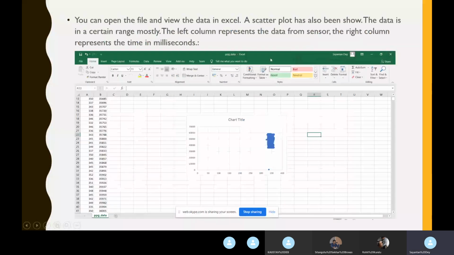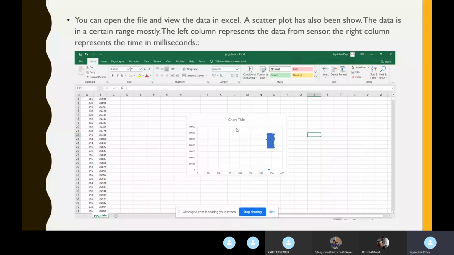So after saving, you can open the file in Excel to see the file, which will have the data in the left column from the sensor that you got, and the time in milliseconds. As you can see, a small scatter plot has also been put up just to show the range of the data that we have gathered over the time interval.